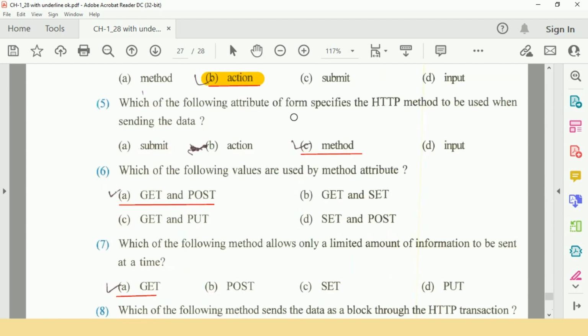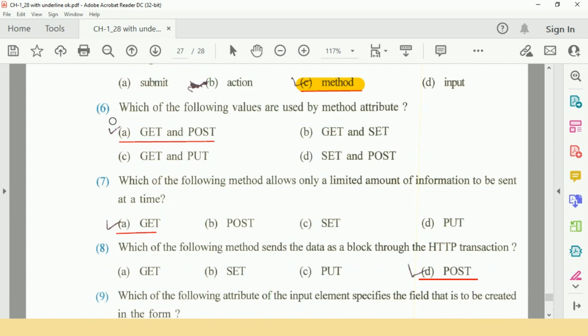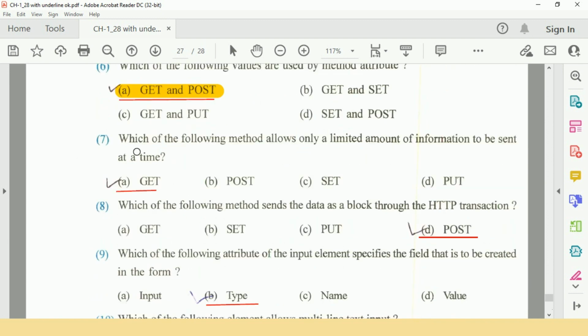Next question, fifth, which of the following attributes of form specifies the HTTP method to be used when sending the data? C option, method. Question number 6 is, which of the following values are used by the method attribute? Option A, get and post method.